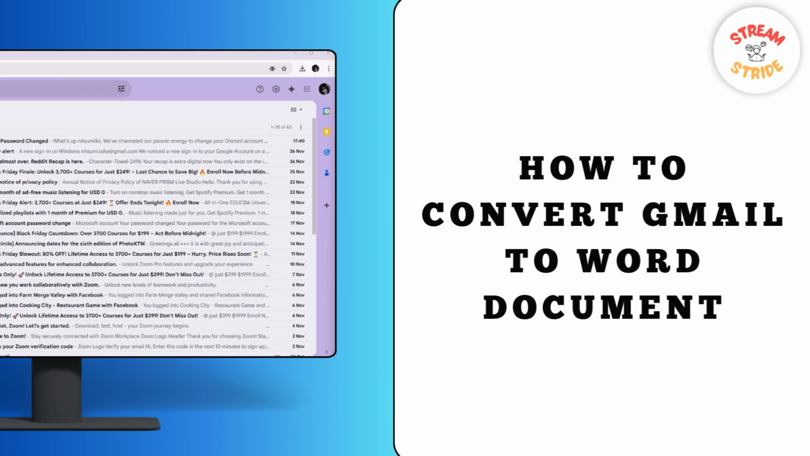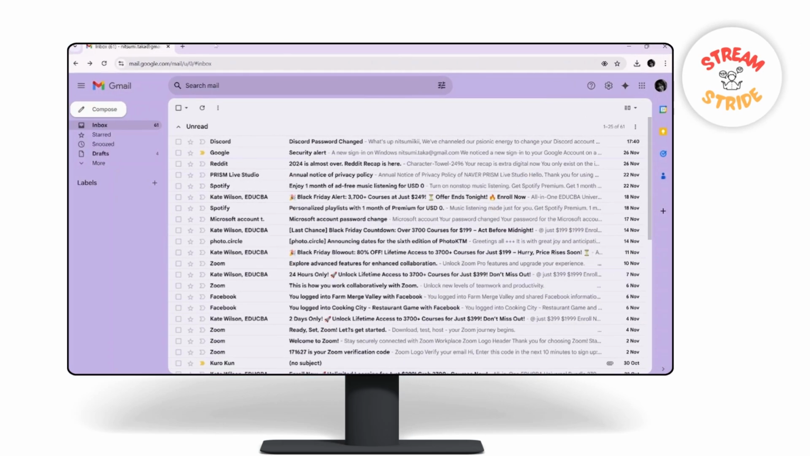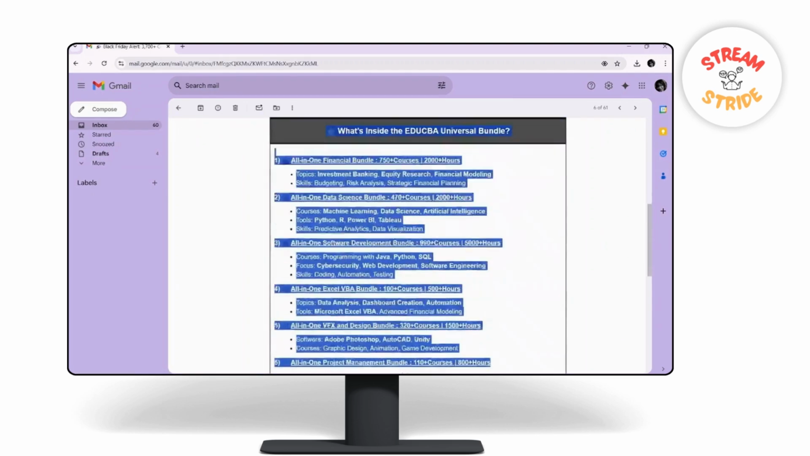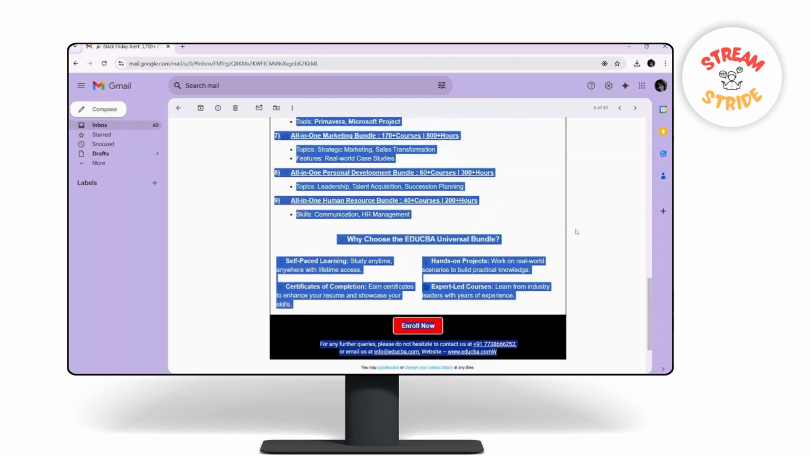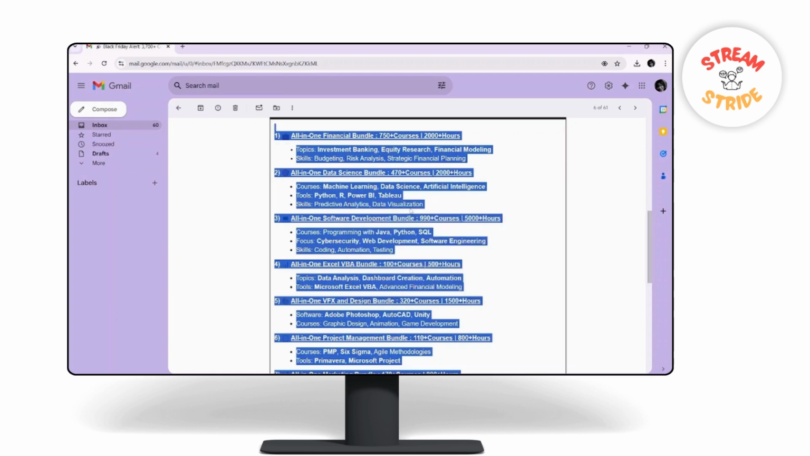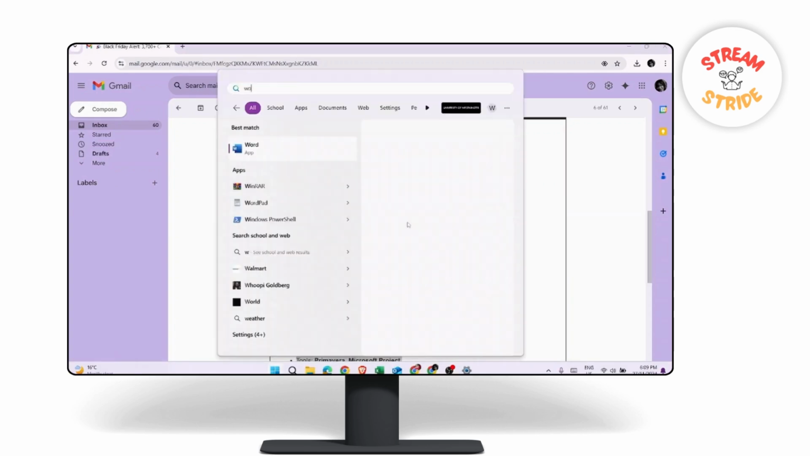Today I am going to show you some simple steps to convert a Gmail into a Word document. First, go into the Gmail you want to convert into a Word document, and after that, select the content of the mail. After that, right click and copy, or you can also use Ctrl C, and go to Word